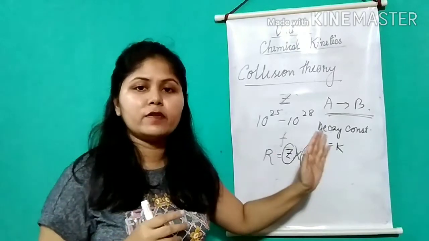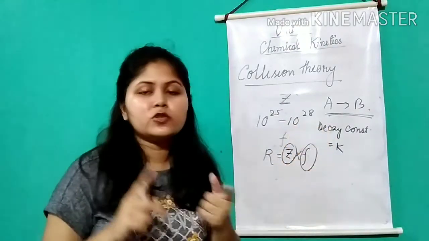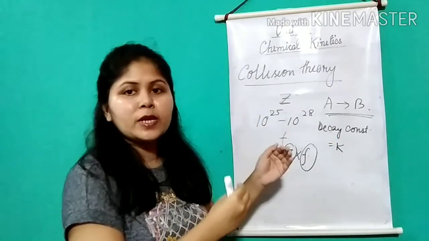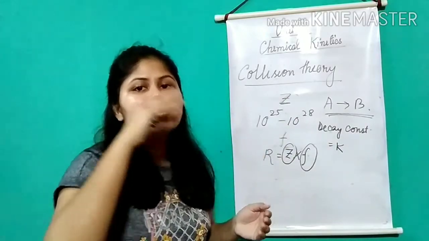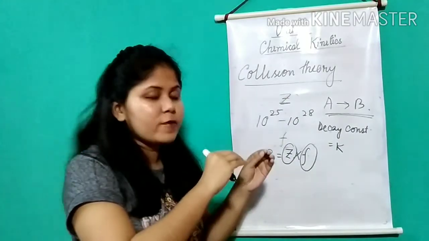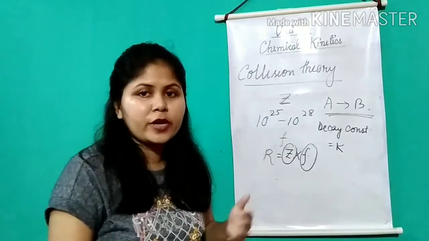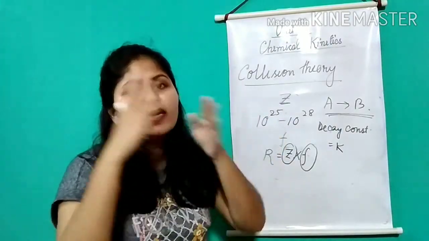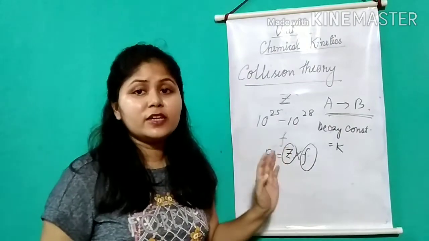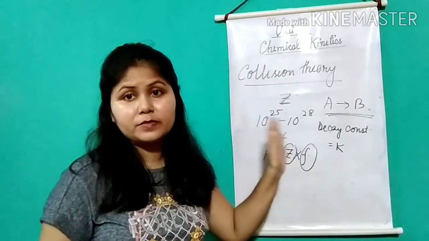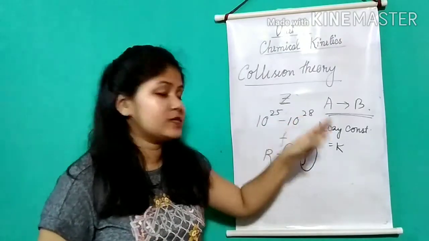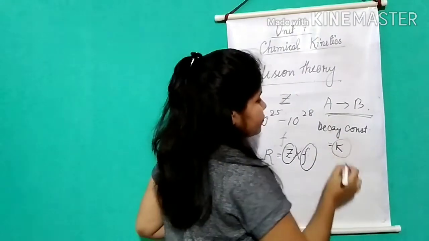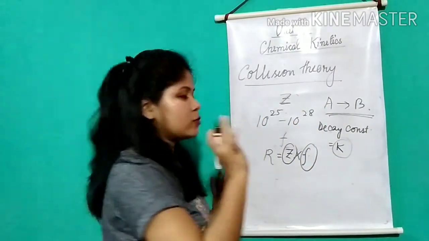I have explained that in some sums you will get a decay constant, and you may not know what it is. Decay constant comes only in this type of reaction, where an element A disintegrates to form an element B. Just as in the rate constant, A disappears and B appears. So this will be disintegration, and the decay constant comes in the case of radioactive elements. It is equal to K, or you can say lambda also. Lambda is also the decay constant, the same thing.